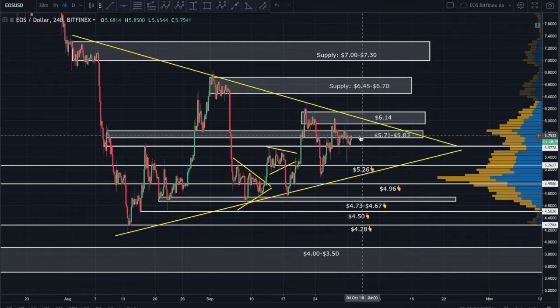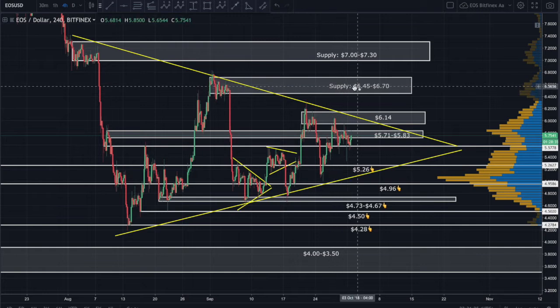So anyway, price is sitting here at about 583, 571. If we do break above that zone, again, I'm looking at 614, somewhere thereabouts. That's going to act as a decent resistance. We're also getting a confirmation of that resistance by this descending resistance line, the top of the wedge here. And if it does break above that, guys, we would expect a larger move, a more impulsive move up,